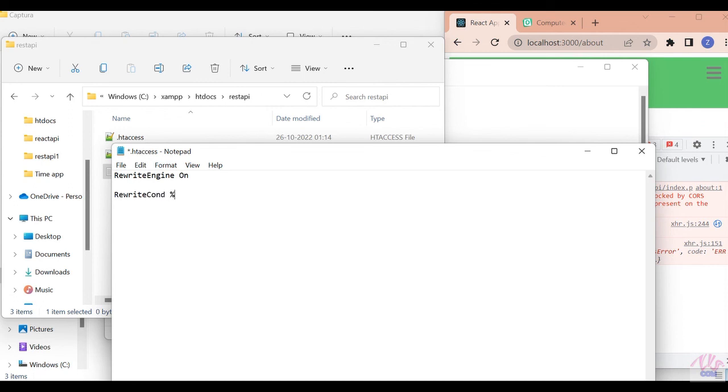This is a very important code for all types of API connections.